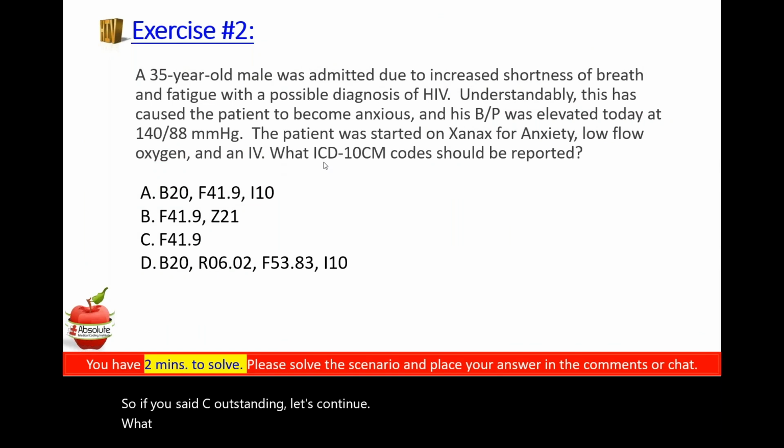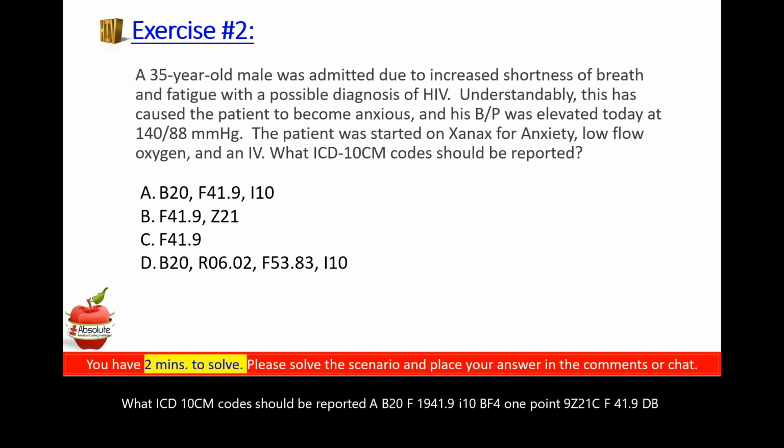What ICD-10-CM codes should be reported? A, B20, F19, F41.9, I10. B, F41.9, Z21. C, F41.9. D, B20, R06.02,